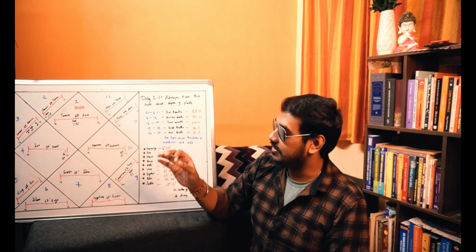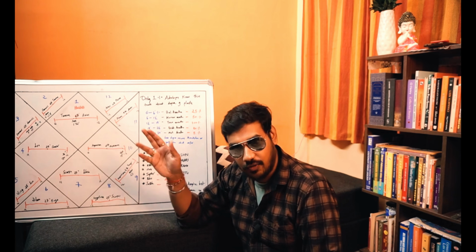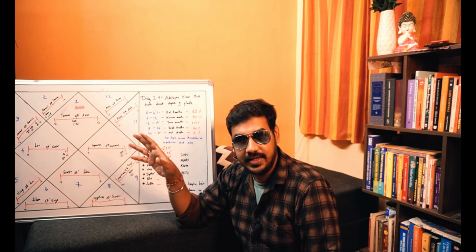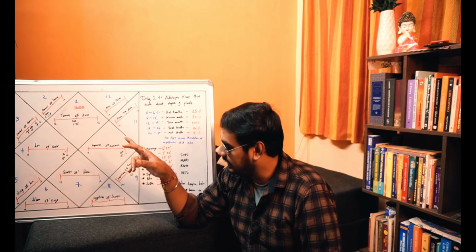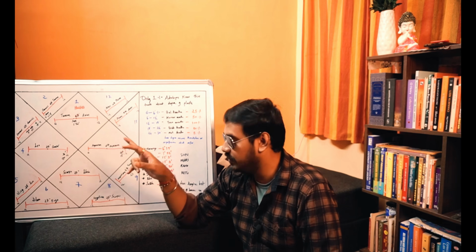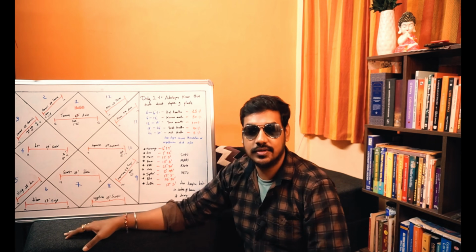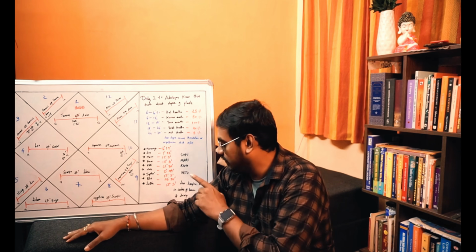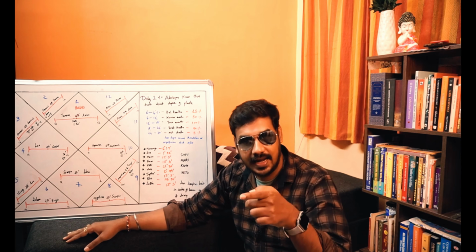Similarly, look at Rahu Ketu in this horoscope. 27 degrees is the center point of all houses, and the sign varies. Now, Ketu is at 26 degrees 30 minutes of Gemini. So Ketu is exactly at the center of the third house, and Rahu is at 26 degrees 30 minutes of Sagittarius, and Rahu is exactly at the center of the ninth house.